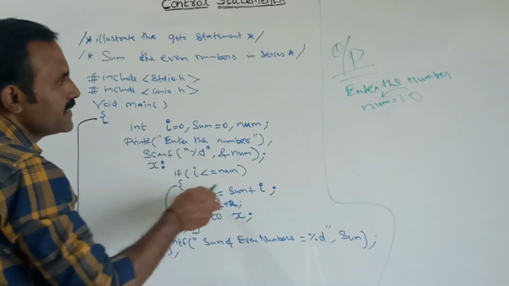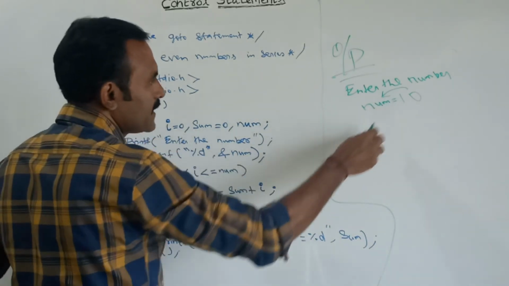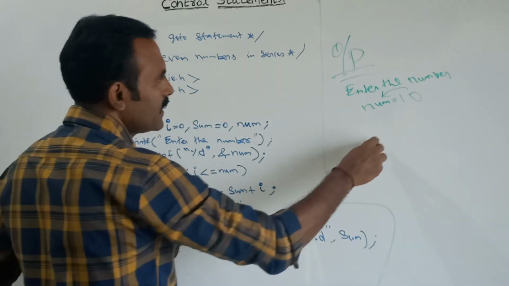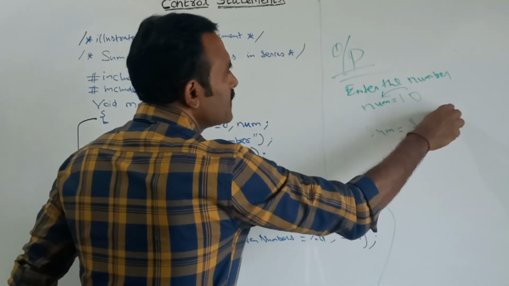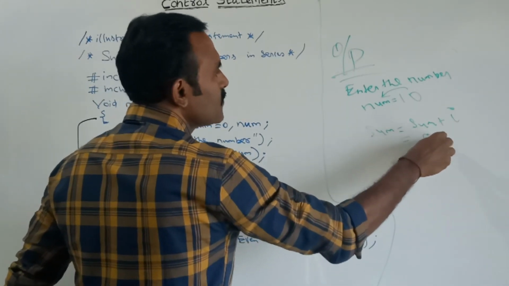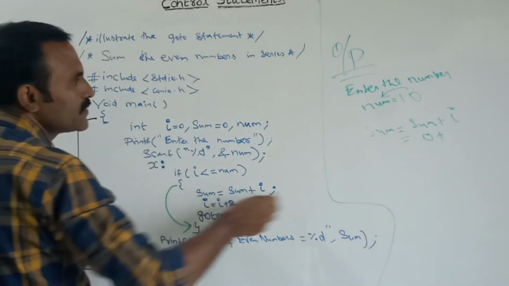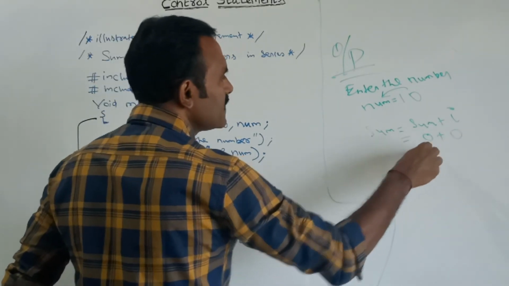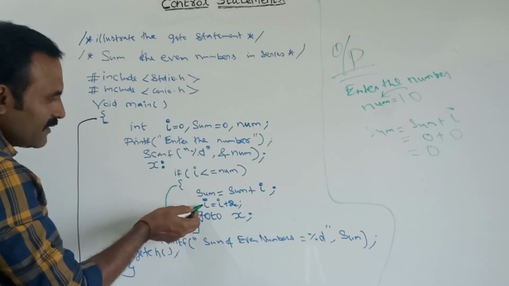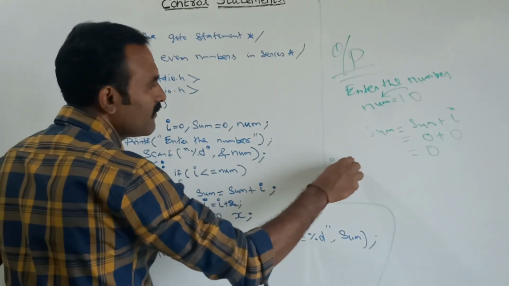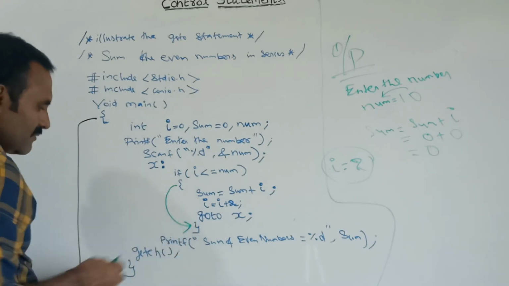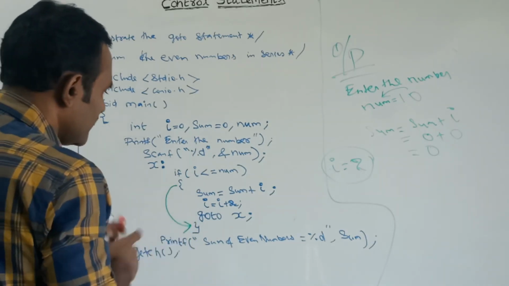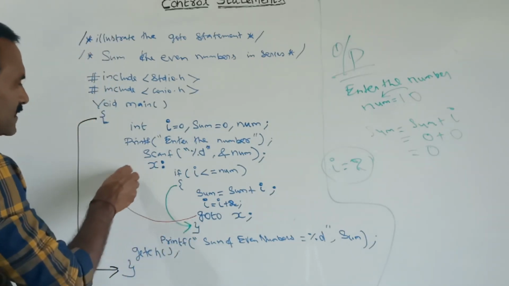First value I is equal to 0, I is lesser than 10, this condition is true. So here sum will be, sum is equal to sum plus I, this is the formula. Here sum is equal to 0 plus, at the very first value I is 0, so 0 plus 0, now currently sum is 0. Here I value will be incremented to how much? Now I value is 2. Next it will go to x, that means it will come to the label, where it will search the label, where the label will jump here.